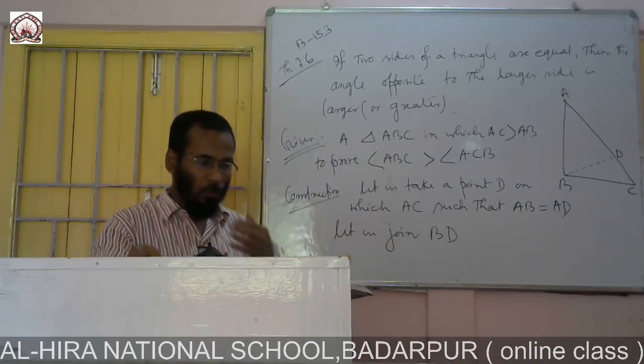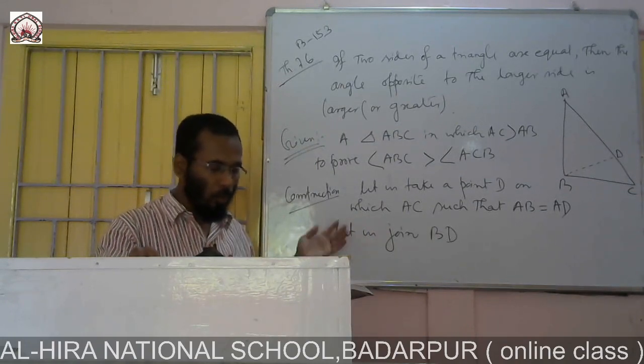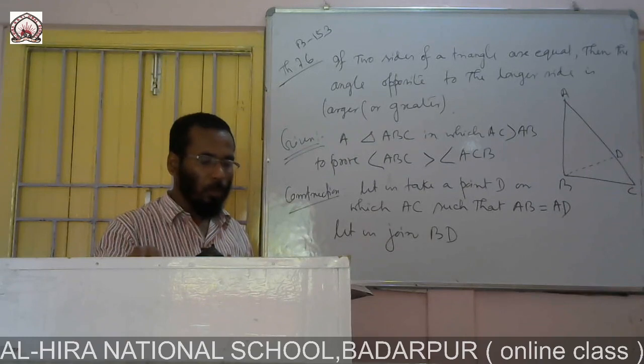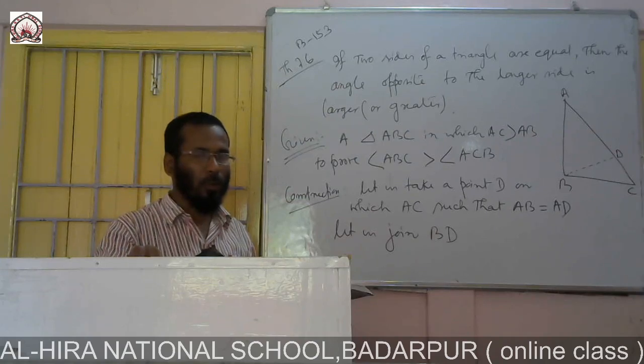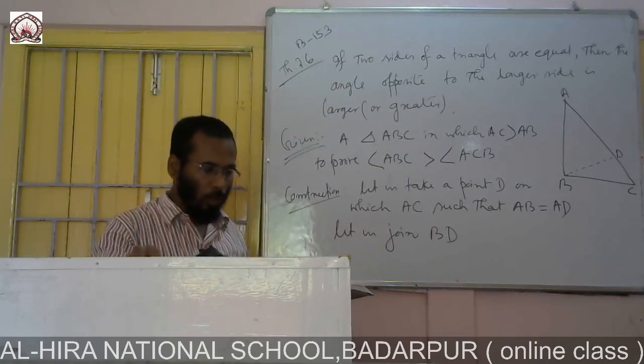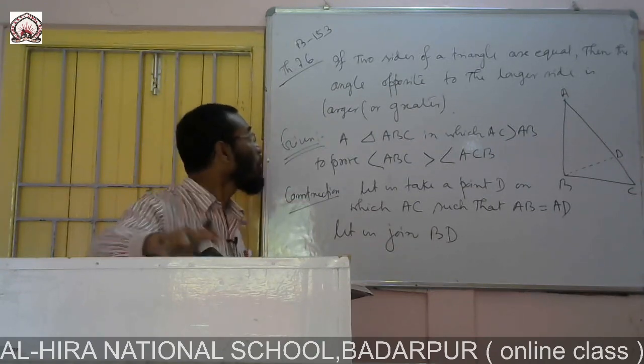So if you have not written, then you may write all these things in your copy, because these things you will not get in your textbook. In textbook, whatever the proof given, this is not so fair. So you write this one. Now proof is